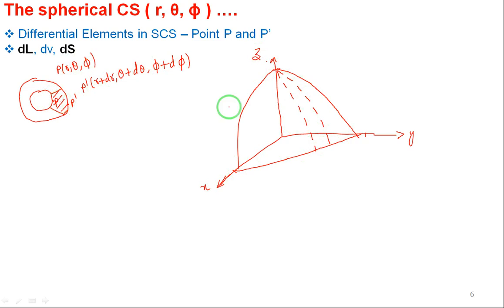Okay, between point P and P dash a volume is formed. That volume I am drawing. I am trying to picturize it for you. See, this volume looks like this. This is the front face, where P dash is located. This is the bigger sphere that I am showing. Then the smaller sphere will be in the back, so I can't show you clearly. This is the volume that is formed in between these two. Hope this is fine.